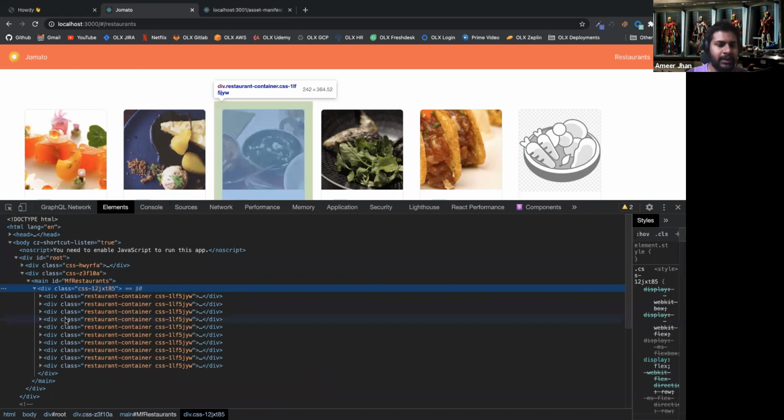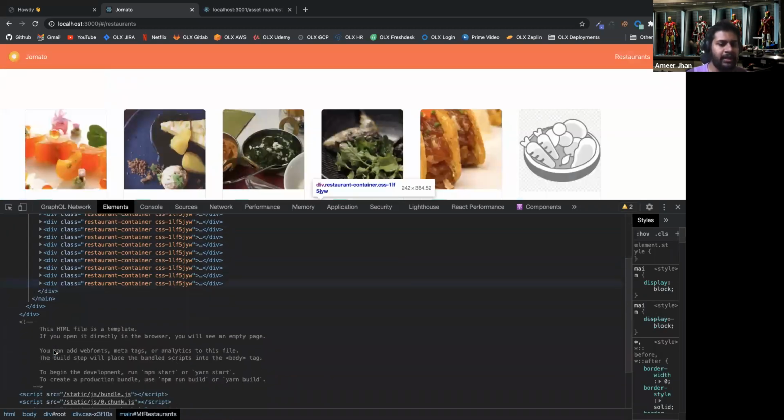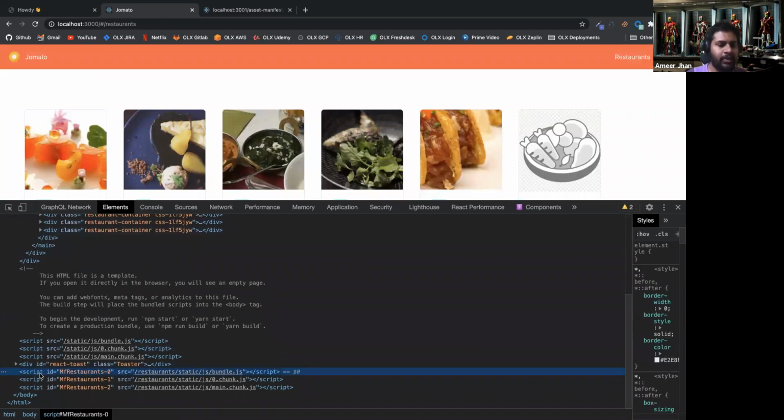If you see, this is the microfrontend that was mounted, and in the script tags you can see that I just mounted all the scripts that were taken from the microfrontend, and then I gave some unique IDs for them.